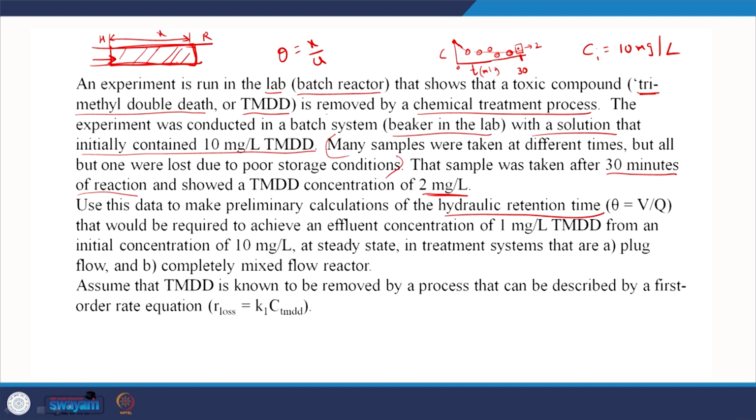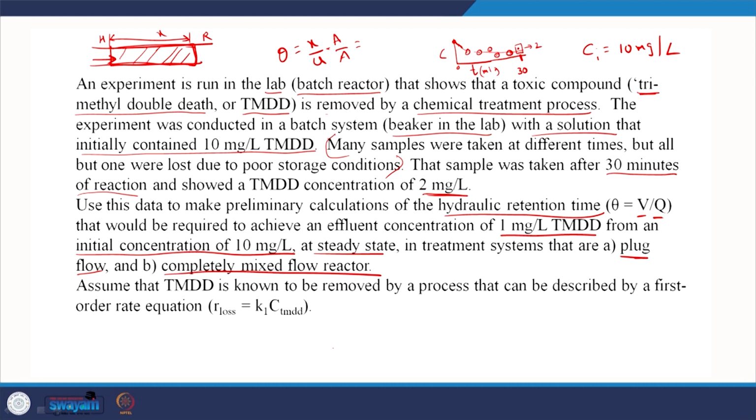So, again, if you multiply that by the cross-sectional area, that is going to be equal to, in a way, V by Q. So, what do we have here? We are asked to calculate the theta that would be required to achieve an effluent concentration of 1 TMDD from an initial concentration of 10 at steady state in treatment systems that are